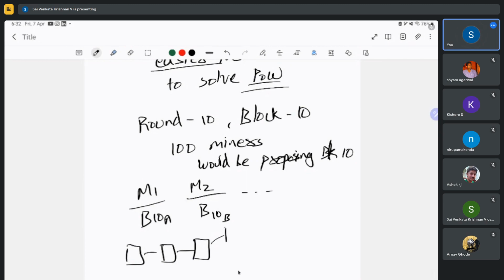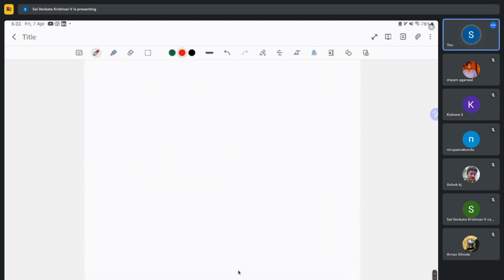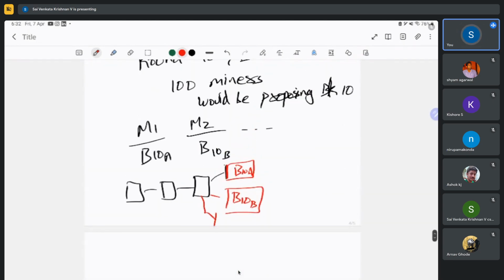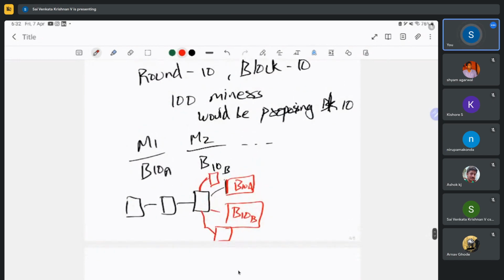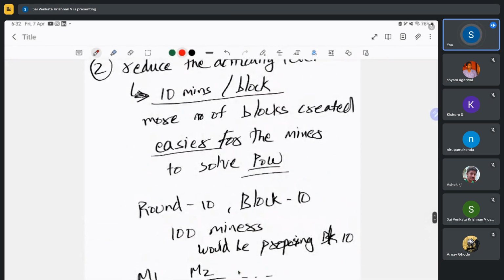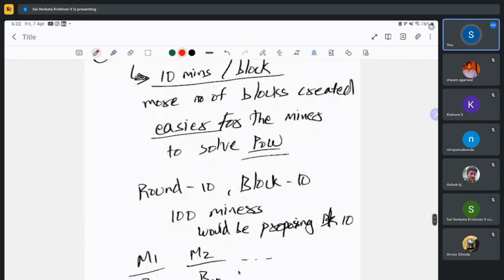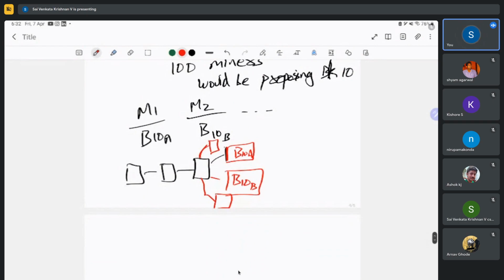miner 1's block B10A will be added over here, and here it will be B10B, and so on. So the magnitude of forks will increase a lot. And now you have reduced your difficulty level and improved the number of blocks that are getting added to the blockchain. More miners would be able to participate, but the catch is, there will be more forks occurring,